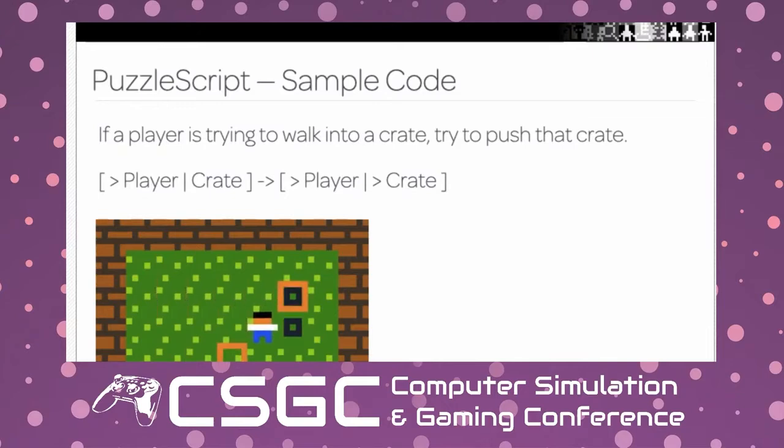Actually, the rule set for Sokoban, a Japanese puzzle game based on pushing crates onto targets, can be expressed in one line of Puzzlescript code seen here. So the idea here is that the engine has a kind of search and replace feel to it. So this one line of code